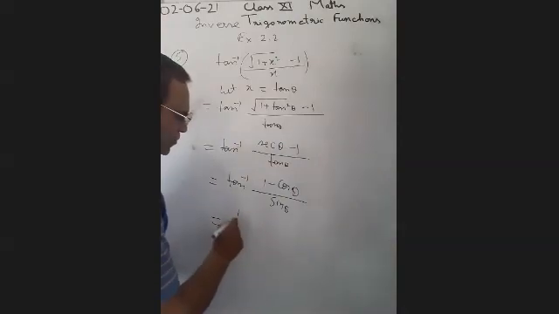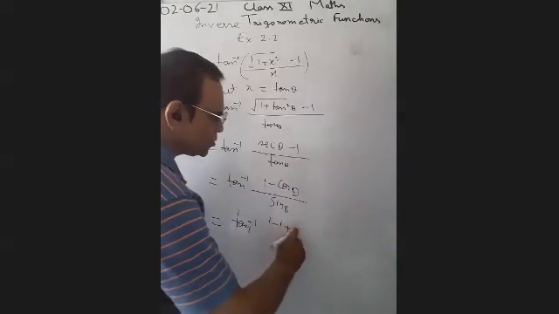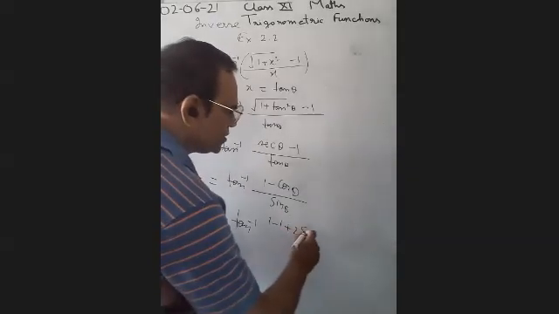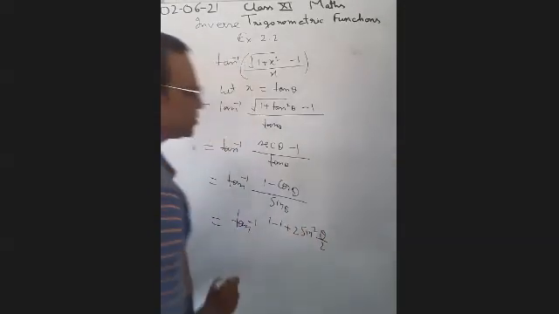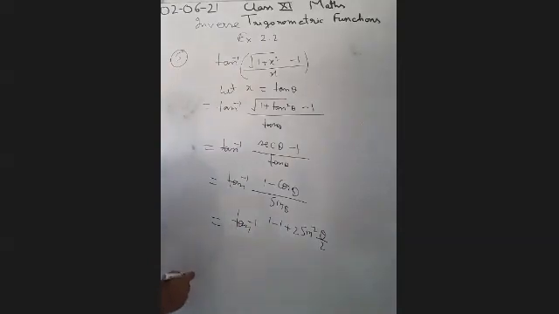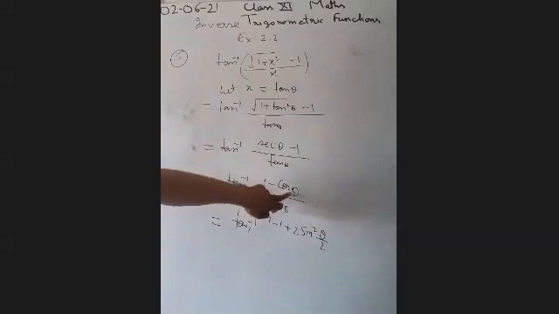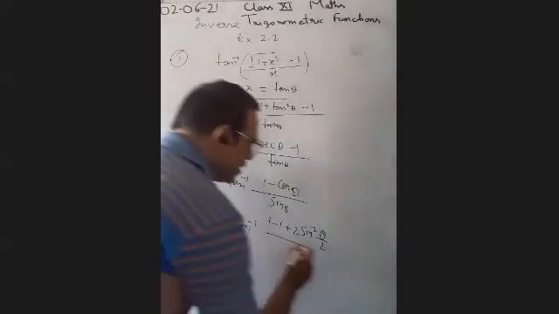Now we are applying the formula of tan inverse of 1 minus cos theta, that is 2 sin square theta by 2. You have remembered the formula of cos 2 theta, 1 minus 2 sin square theta. In place of theta, we have 2 theta, so then the angle will be divided by 2. Similarly, we are using the formula of sin theta, 2 sin theta by 2 and cos theta by 2.